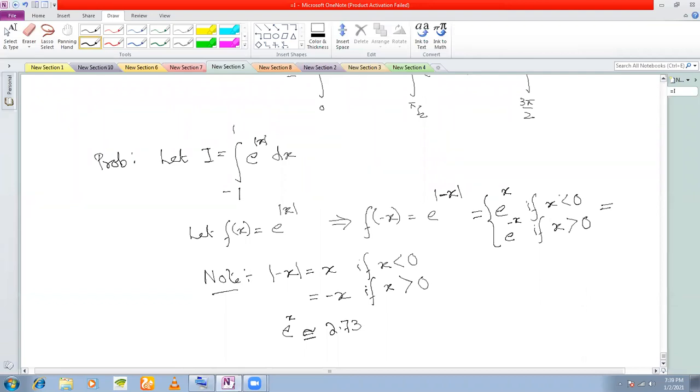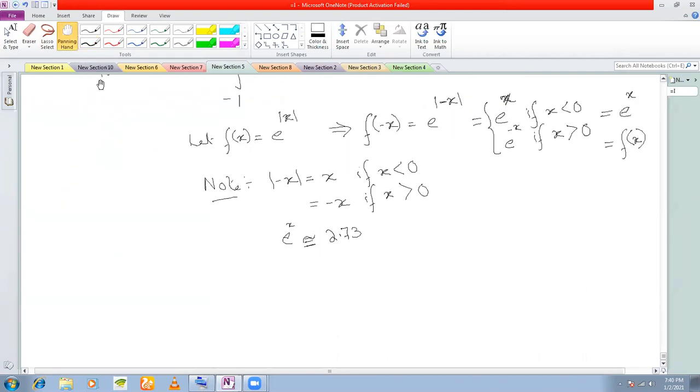Understood? So whether e to the power of x or e to the power of minus x, both will be positive. So I can write this simply as e to the power of x, whatever be the value of x, positive or negative, right? Can I write or not? Yes, it will be positive. That means f of minus x will be equal to, we are getting back f(x). Therefore, we can say that f(x) is an even function.